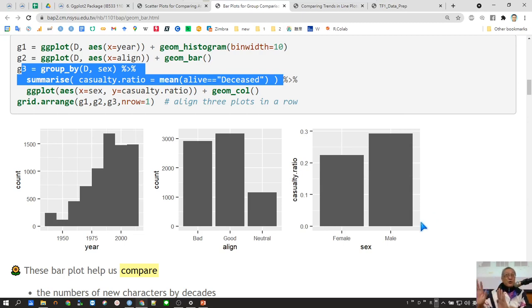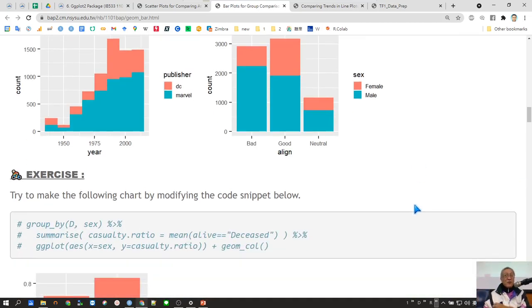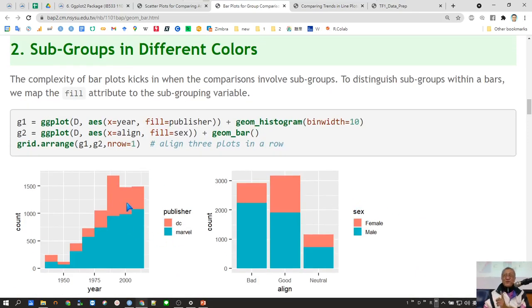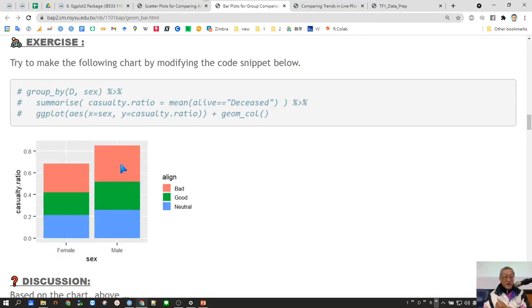Bar plot is to compare groups again. The complexity of bar plot will kick in when you have subgroups. Because they are comparing groups, so how about when they have subgroups? I'm counting the number of characters by a line and also by sex. I'm counting the number of rows by year and also by publisher. So you have subgroups, and when you have subgroups in your bar plot, you need to be careful